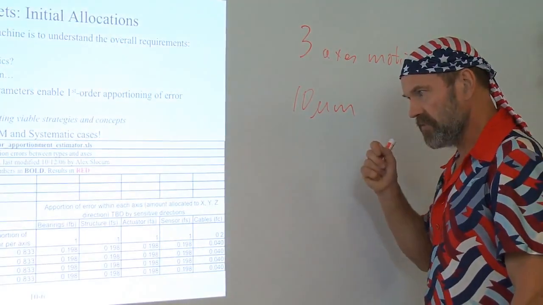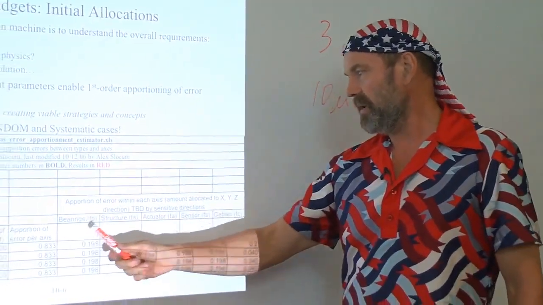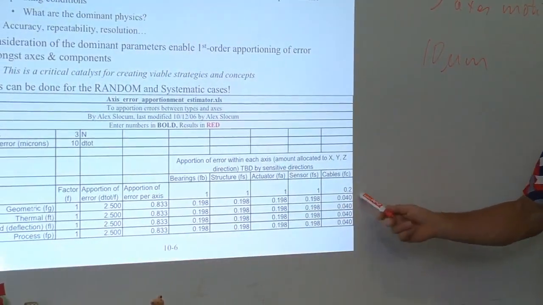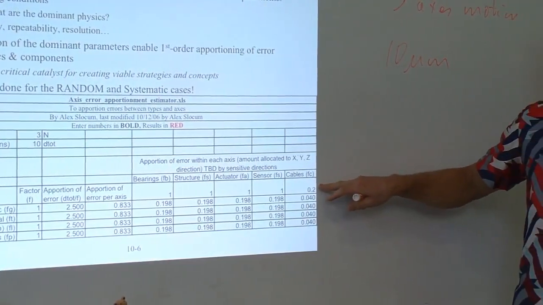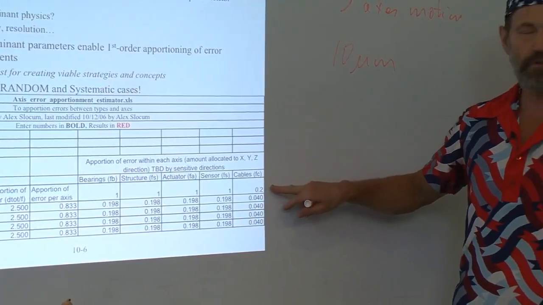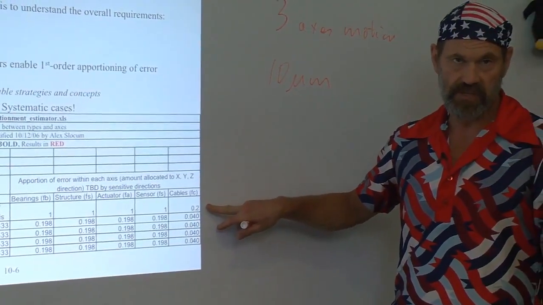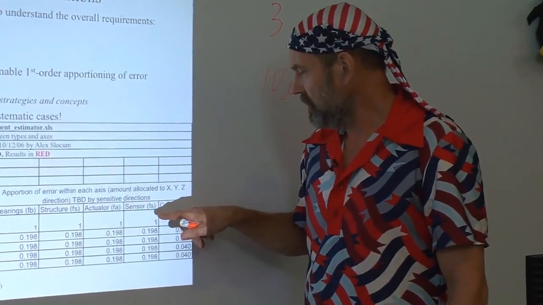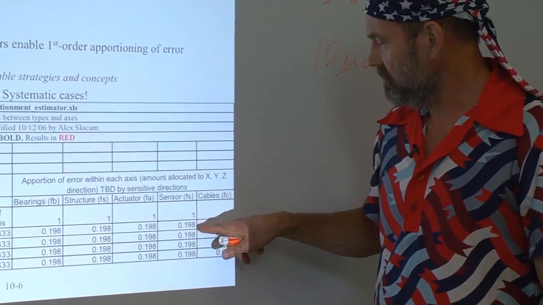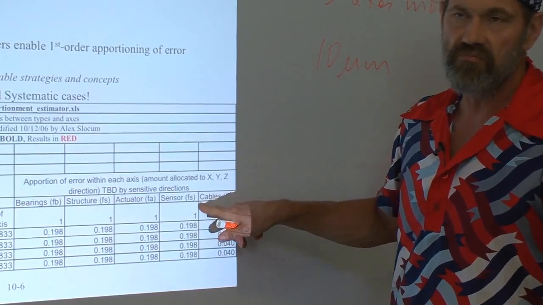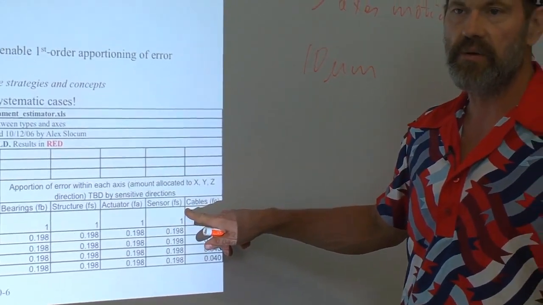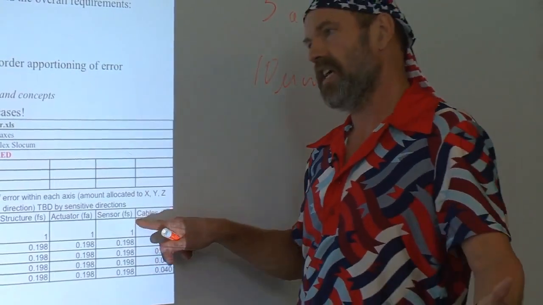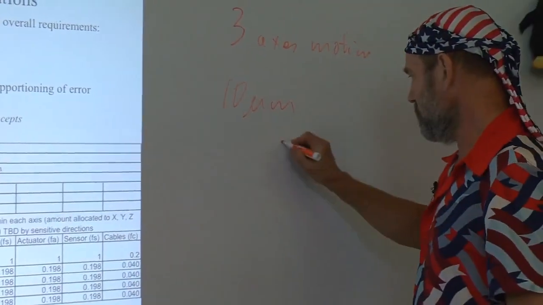And then an axis, remember, is going to have bearings, support structure, actuator, sensors, and even cables. So for very high-speed machines, very high precision, the load of cables can even be important in terms of the accuracy of the machine. The sensors may be not a big issue because you're designing a low accuracy machine, low accuracy being tens of microns, and it's easy to get micron level sensors